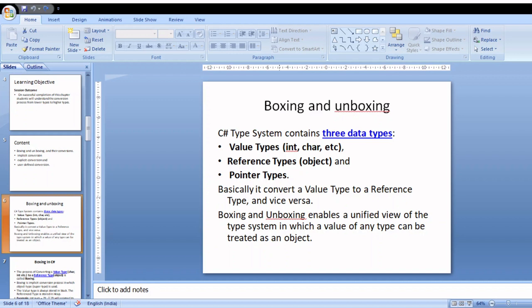ವ್ಯಾಲ್ಯೂ ಟೈಪ್ ಟು ರೆಫರೆನ್ಸ್ ಟೈಪ್ ಕನ್ವರ್ಷನ್ is nothing but boxing concept. Value types ke example, as all of you know, int, char, decimal, short, byte, ಫ್ಲೋಟ್ ಡಬಲ್ ಇದೆಲ್ಲನೂ ವ್ಯಾಲ್ಯೂ ಟೈಪ್ಸ್ ಕ್ಯಾಟಗರಿಗೆ ಬರುತ್ತೆ. ರೆಫರೆನ್ಸ್ ಟೈಪ್ಸ್ which acts on the heap, value types acts on the stack. The conversion from this category to this category, that means primitive data type which is a fixed value to object data type is called as boxing concept.